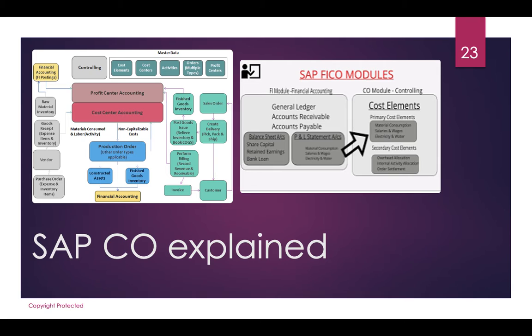The division which is manufacturing fans will be at the company code level. Under the company code, there will be profit centers, because to manufacture a fan there may be a division which manufactures only the blade of the fan. So that becomes a profit center for the blade of the fan.